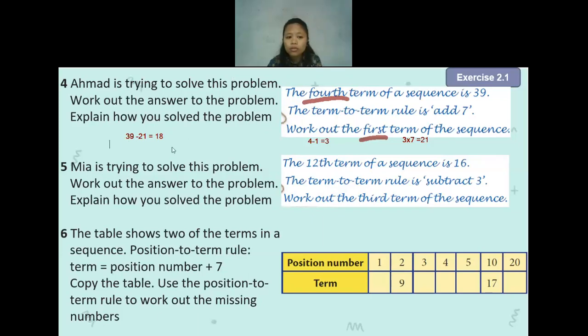Hello? Minus 3. 12 minus how many? Okay, 12 minus 3, correct. 12 minus 3 will be equal to how many? 9. And then after that, the 9, what do we do with the 9? And also the rule given. 9 times 3. Okay, 9 times 3 will be equal to how many?